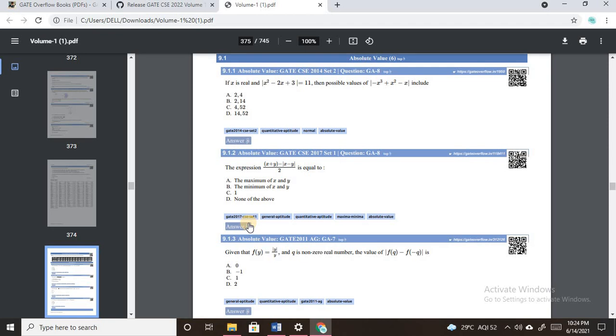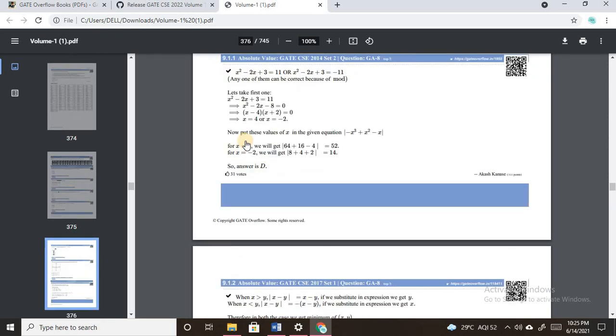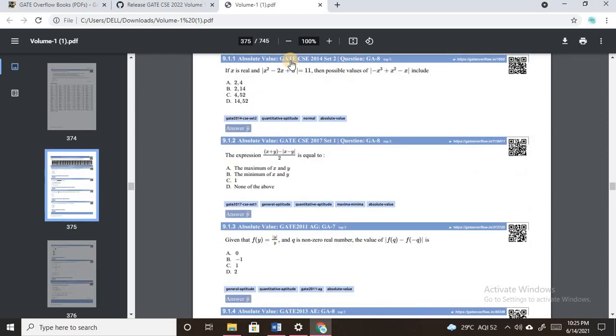Now suppose you're solving the questions and then you want to check your answer with the correct one. Then once again, you don't have to scroll down manually all the way to the answer page. What you got to do is simply click on this answer button or tab, and you will be directed to the page where the answer or the solution to that particular question is mentioned. See how easy and hassle-free it is to move around in this PDF. And if you again want to move back to the question which you were solving before, you just got to click on the question heading here and you will reach back to the page where all the questions were mentioned.